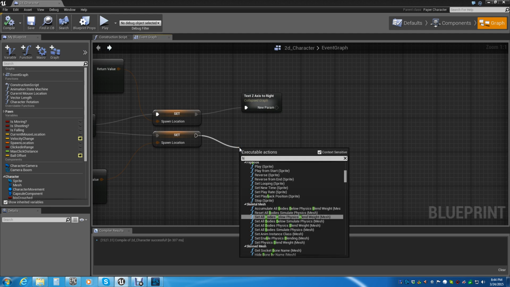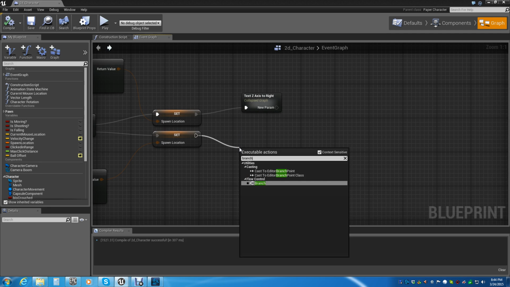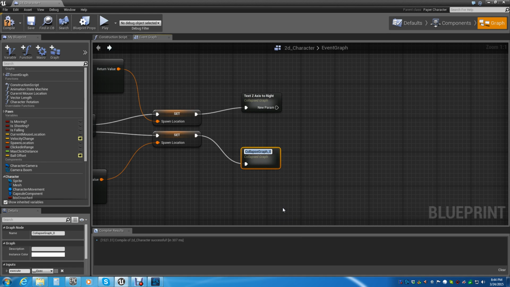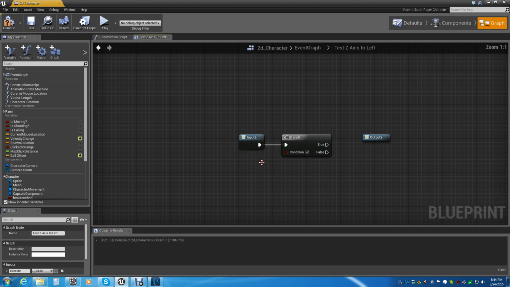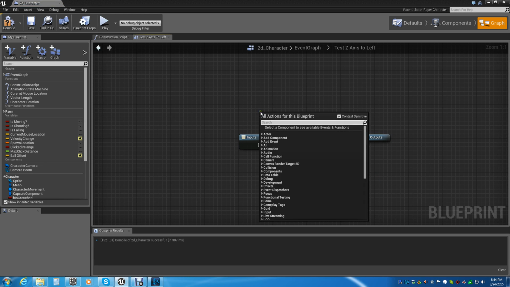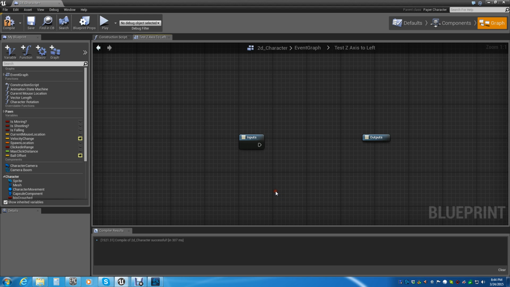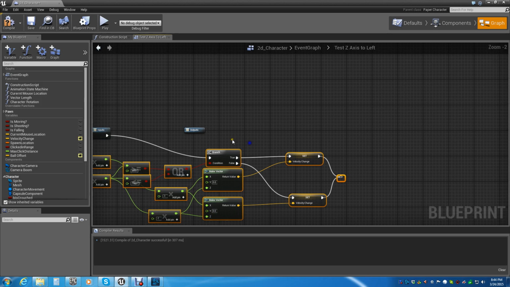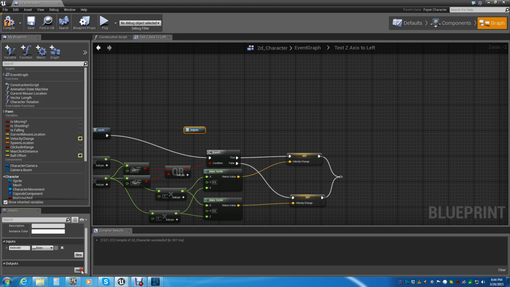We can just start it with a branch, just to have something to set there, and collapse it real quick. Collapse node. And then this is going to be test z-axis to left, so that we know we're spinning around. Alright, so now we've got that, and then we've got to add a new executable to that, and we plug